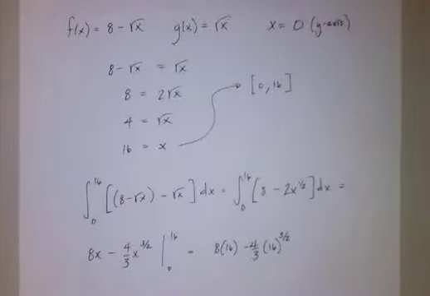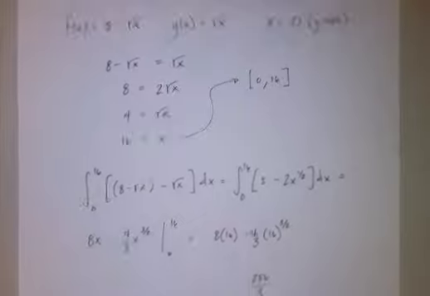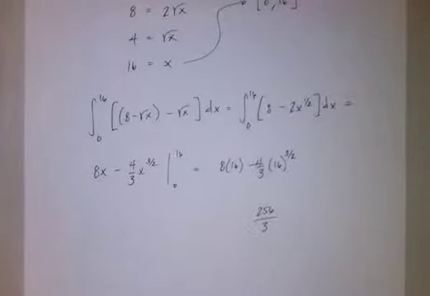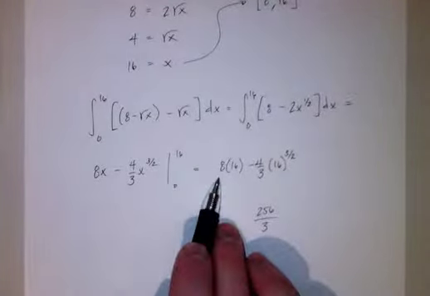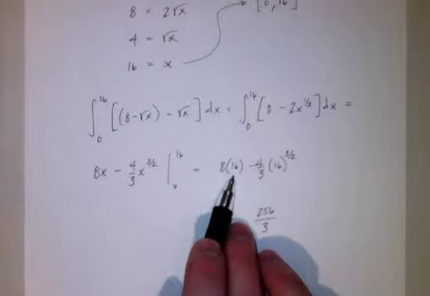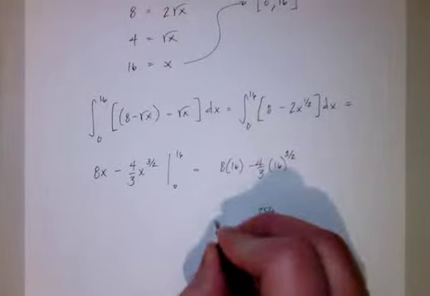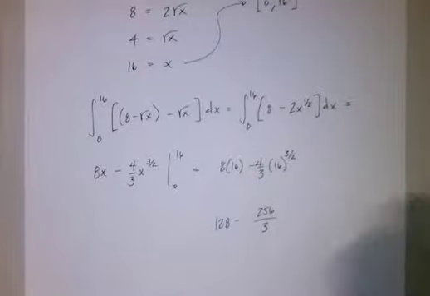Now, what is 16 to the 3/2? Remember, when you have a fractional exponent, you want to do the root first. So that's the square root of 16 cubed. The square root of 16 is 4. Cubed is 64. 64 times 4/3 is going to be 256 thirds, okay? Now 8 times 16, that's 2 cubed, that's 2 to the 4th. We already know that that is going to be 128 because we saw that in a previous problem. If that's 128,